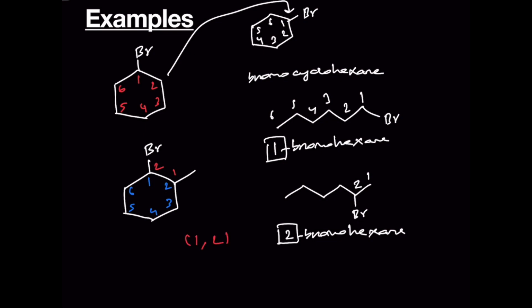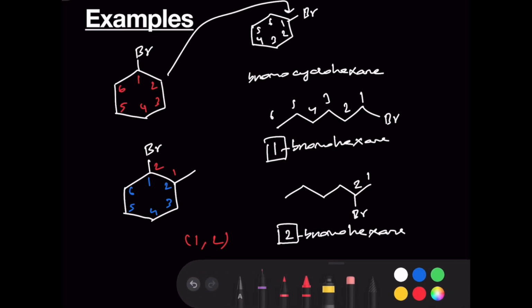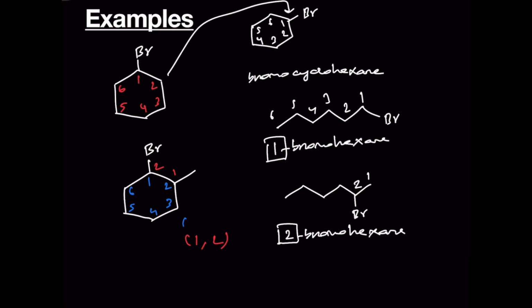The substituents are at 1, 2 position, whether you start from methyl or whether you start from bromine. In this case, we have a tie. Therefore, to break the tie, we have to use the alphabetical order rule, and therefore, the numbering scheme that is shown in blue color is correct. So, the IUPAC name is 1-bromo, 2-methyl